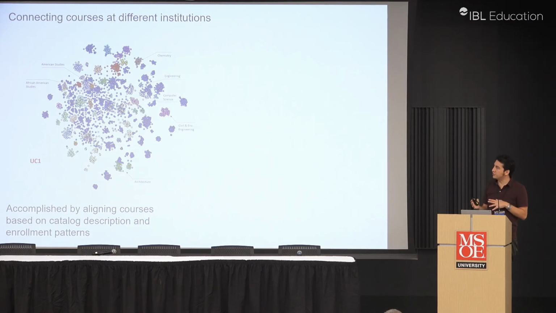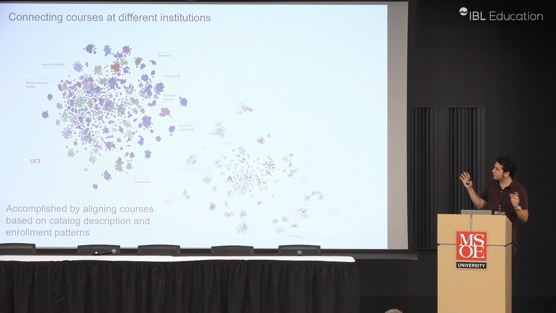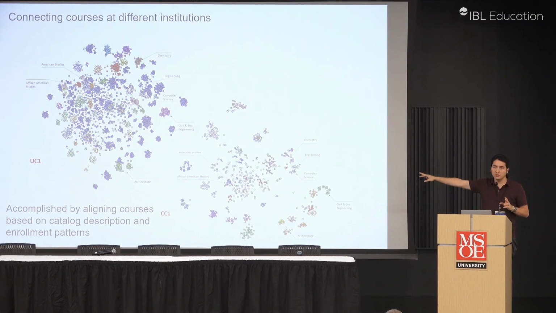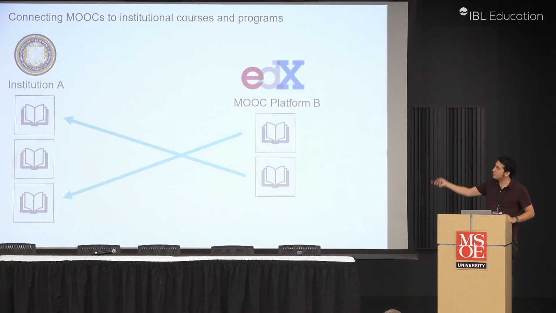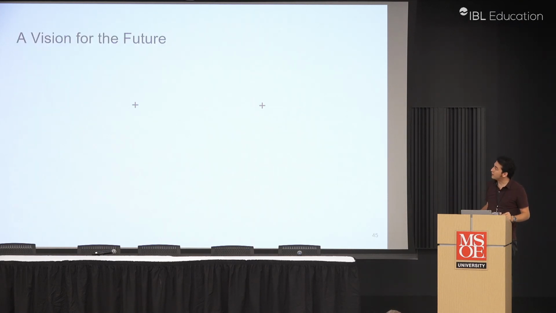What it is essentially doing is taking one space of courses, this is Berkeley, and then another space of courses, which is Laney Community College, and then finding an alignment of those spaces. So if you could do that and find that alignment between 2 formal institutions, why not do that between a MOOC platform and all of its courses and an institution and all of its courses? There's no reason we can't do that kind of connection.